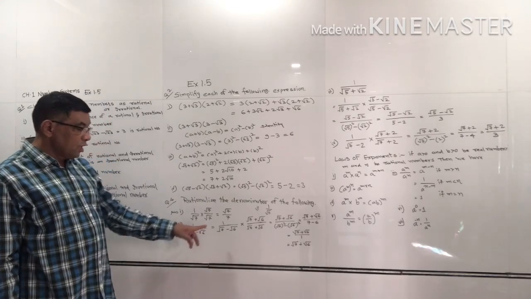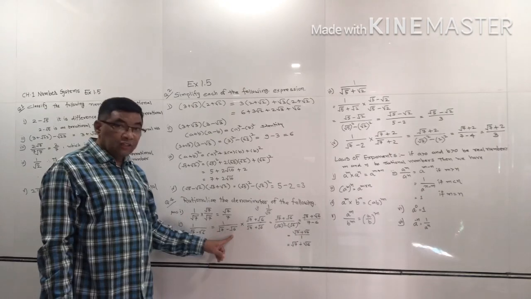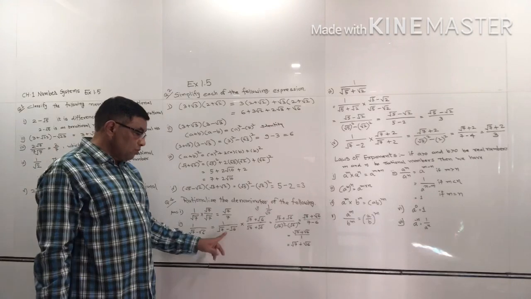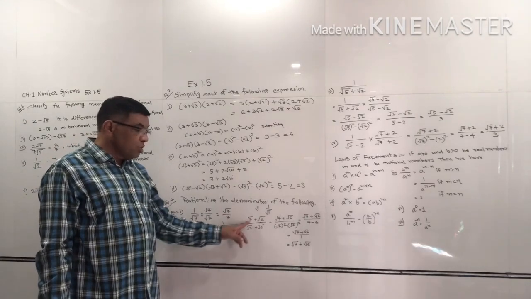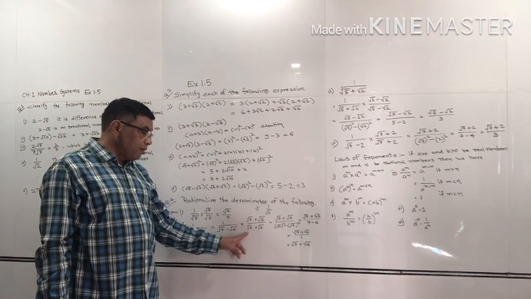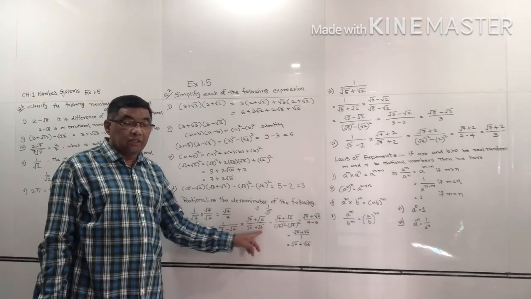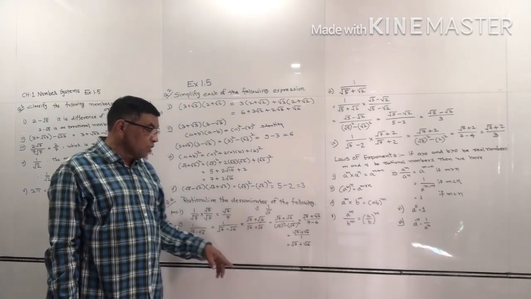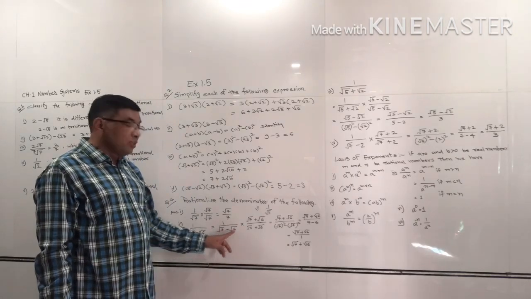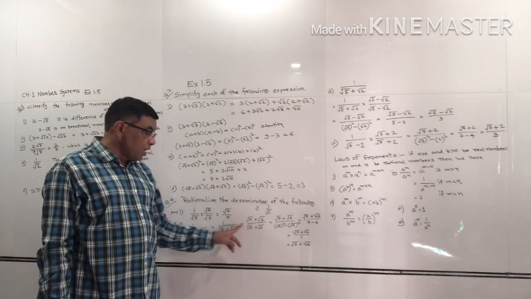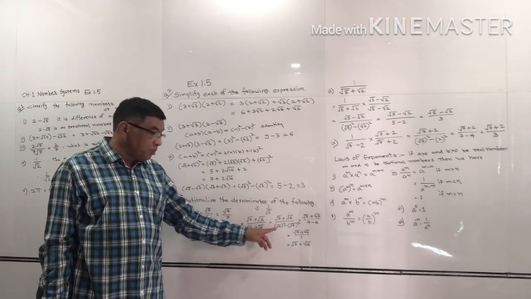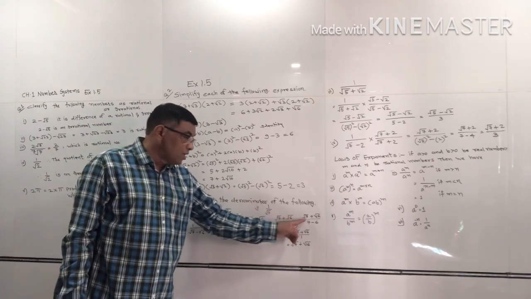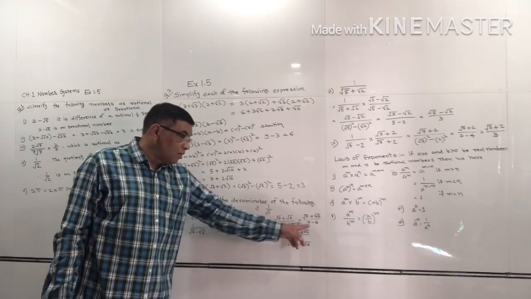We want to convert this into rational. So for that, the given question 1 upon root 7 minus root 6, we multiply and divide by the conjugate of this one, meaning we apply the opposite sign here. So root 7 plus root 6 divided by root 7 plus root 6, which is equal to 1 into root 7 plus root 6, that is root 7 plus root 6, and in the denominator root 7 minus root 6 and root 7 plus root 6 are in multiplication. So according to a square minus b square, root 7 square minus root 6 square. So the answer is root 7 plus root 6 divided by 7 minus 6.